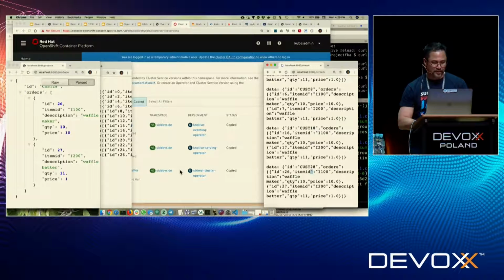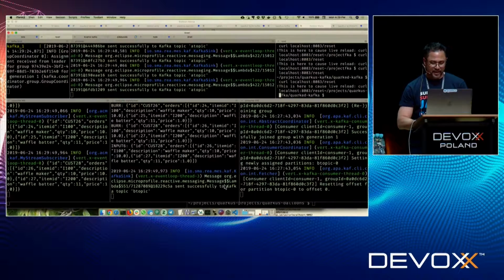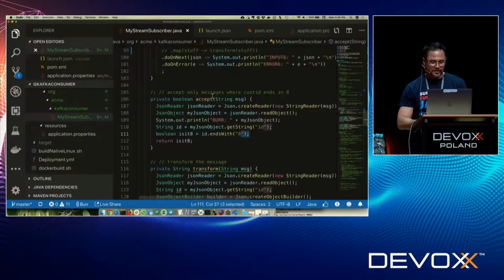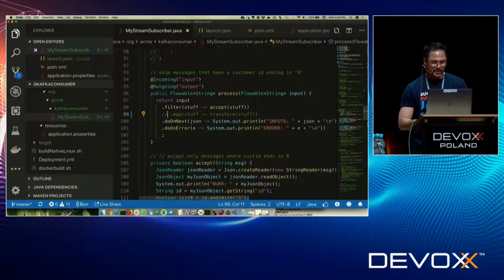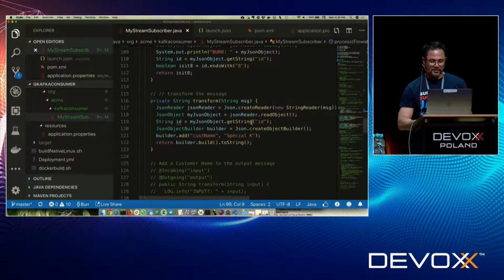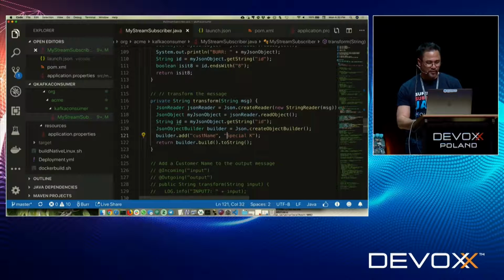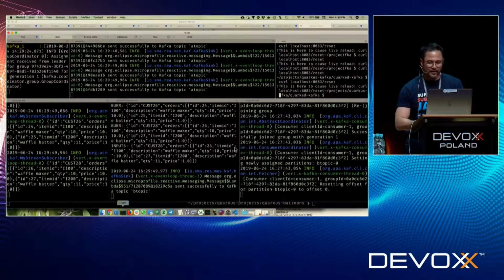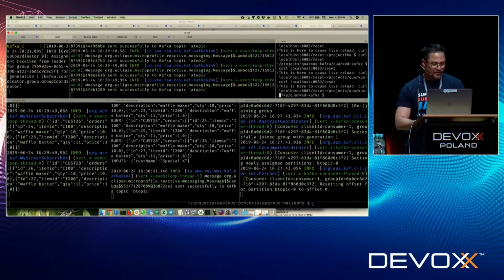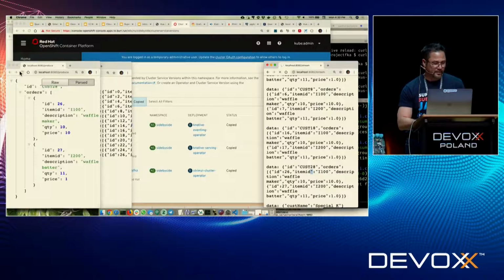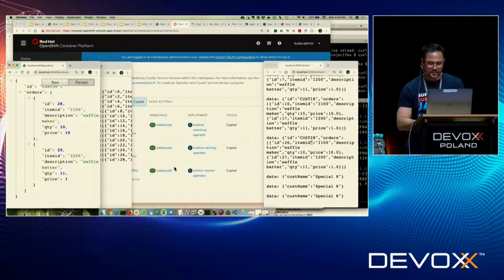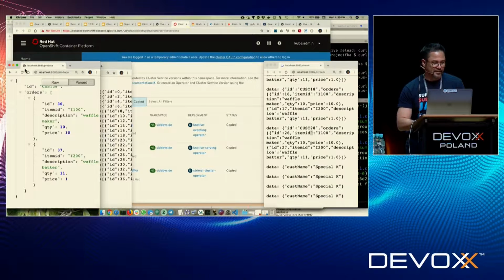You could make it do anything you want to do there, but that's a neat way of thinking about it. But I can still live code against this particular piece of this application logic. So let's say I want to do a mapping. The mapping allows me to do a transform, right? So the transform logic is very, very simple. It's simply going to rip apart that JSON, and it's going to put special K in it. That's all it's going to do. And so if I hit save here, again, I use my refresh. And if I come back over here now and hit refresh, okay, there's special K, and only the ones that end with 8 have that special K treatment.